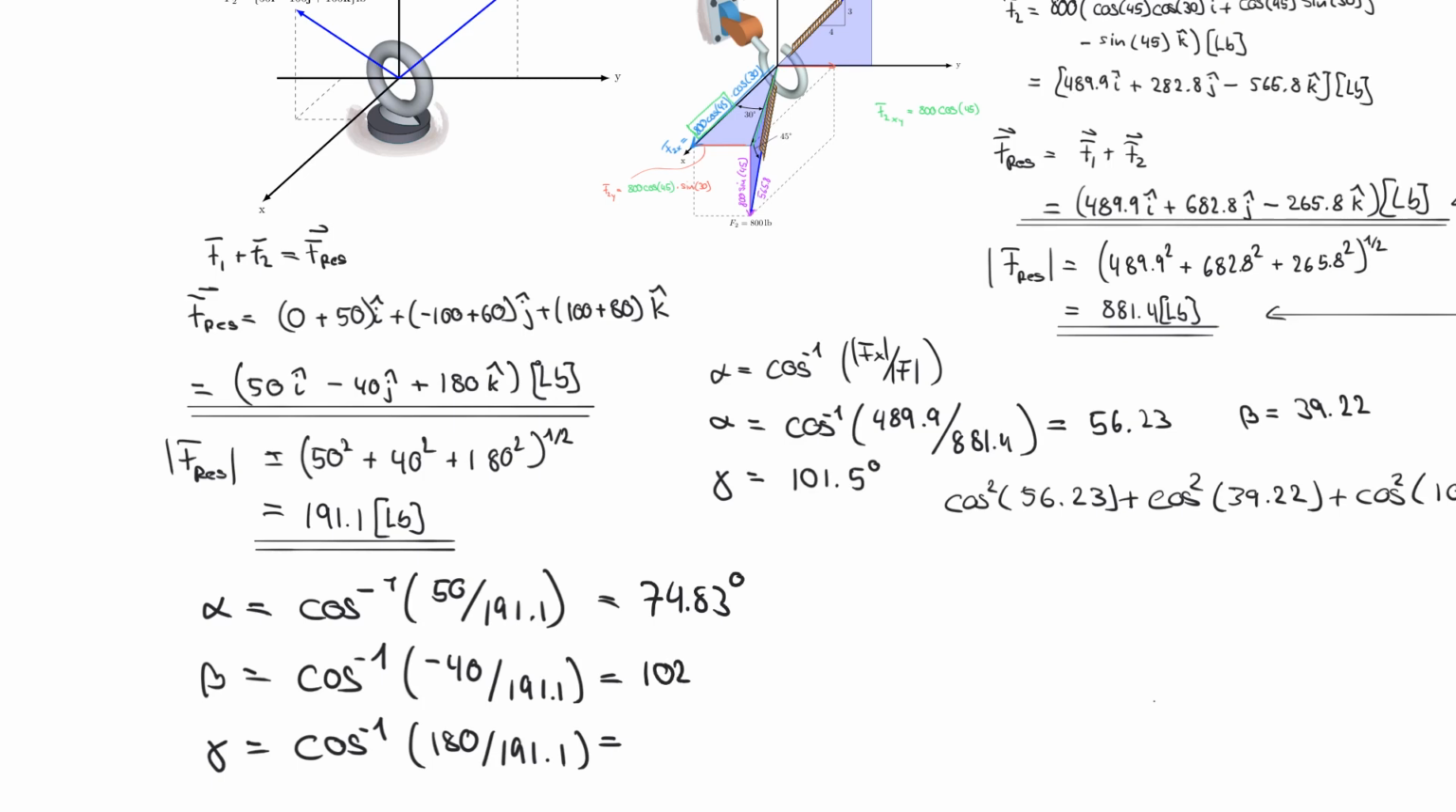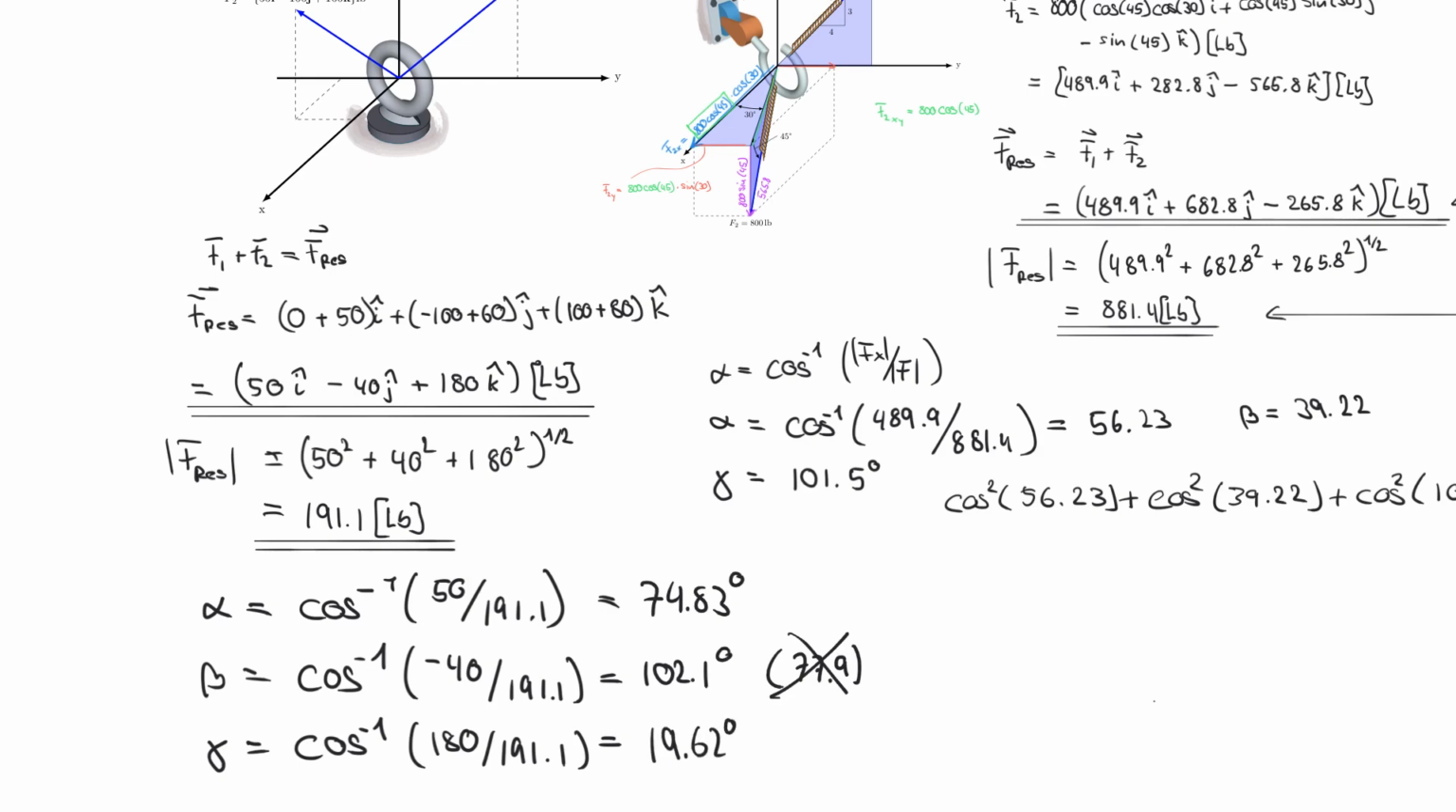102.1. This is a dangerous one because if you would have used positive 40, you would actually end up with 77 point something. And that is not what we're looking for here in this case, because that would be the wrong beta angle in this case. And the last one would be